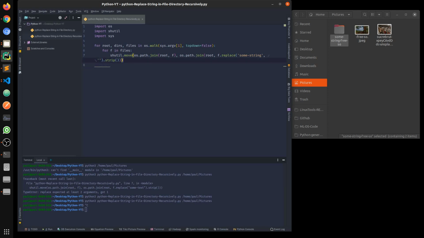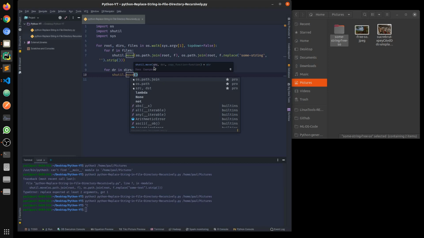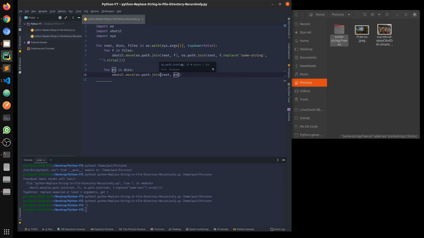And now I have to do this again for my directories. Okay, for dir in dirs, and remember this dirs is coming from this os.walk. Like we discussed, os.walk will give me 3-tuples. For dir in dirs, shutil.move again, and the same mechanism that I applied will be applied for directories now. os.path.join root and directory, and this is my source directory, and now I have to pass my destination directory, which is again